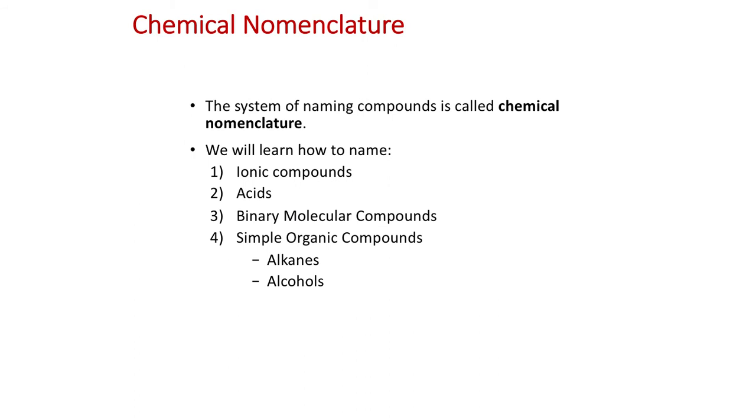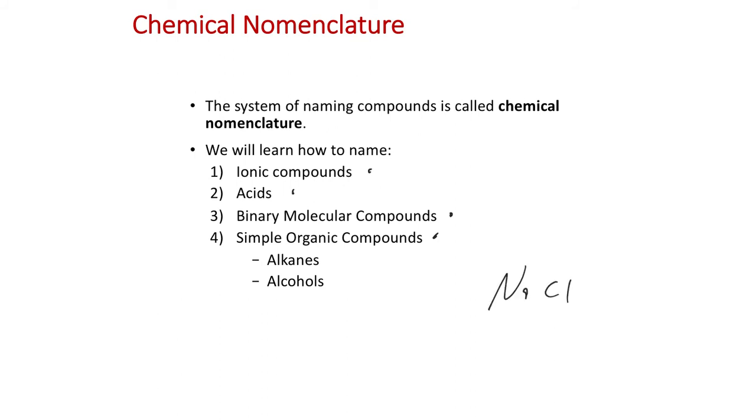Okay, so the rest of chapter 2 is really on naming compounds, and it's also a little bit, I think, on classifying compounds, because if we want you to name things like ionic compounds or acids, what we call binary molecular compounds, and then simple organic compounds, we have to recognize and best classify a compound into one of these categories. And so it'll kind of go like this, where if we say NaCl,